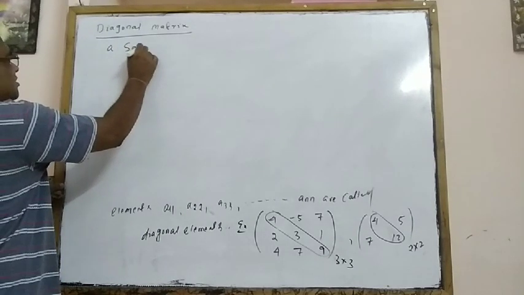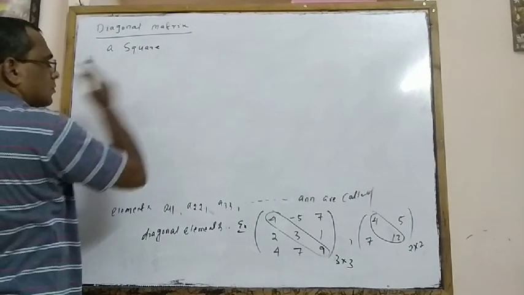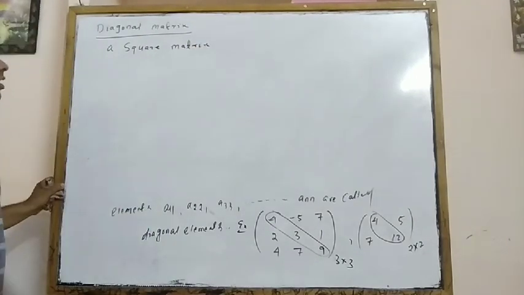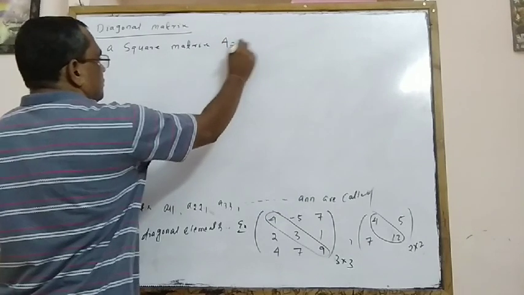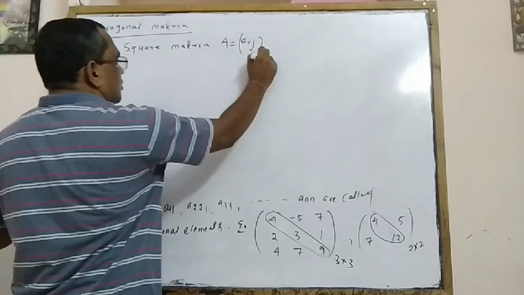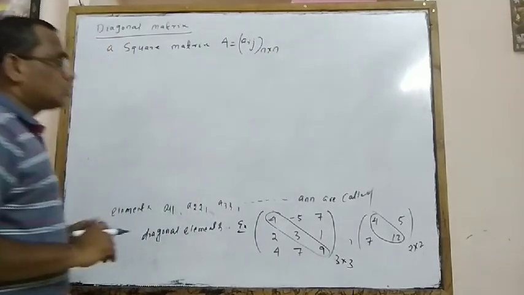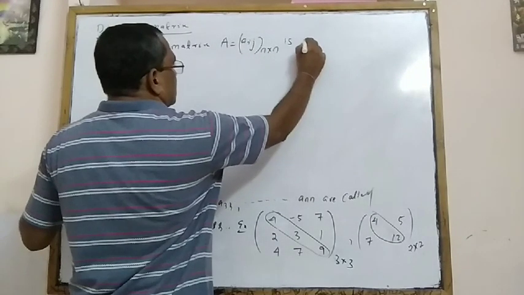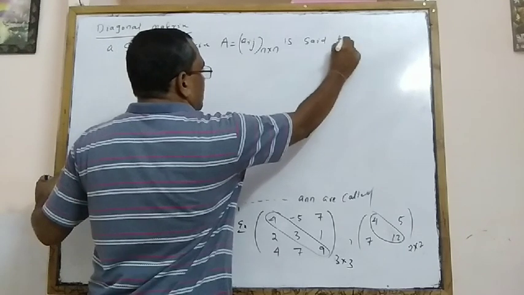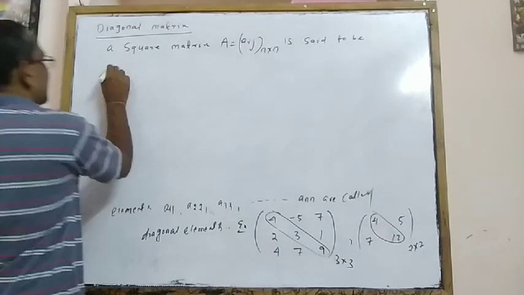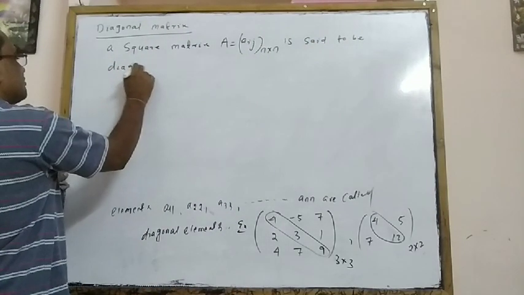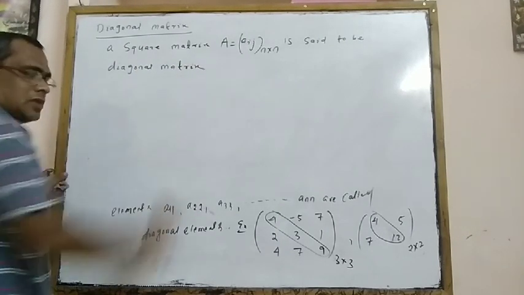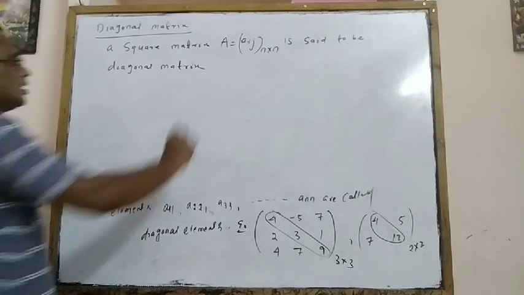A square matrix A is equal to [aij] of order n is said to be a diagonal matrix if